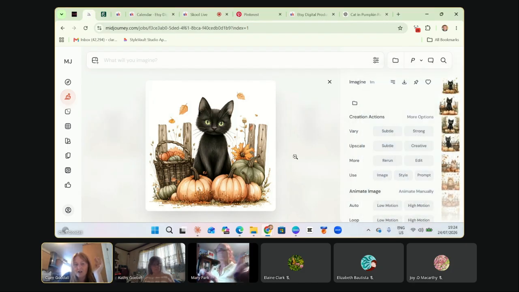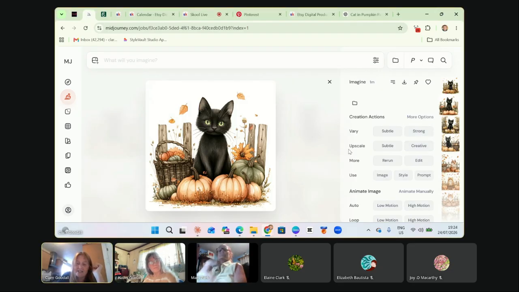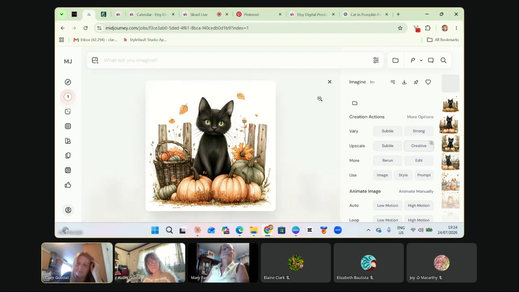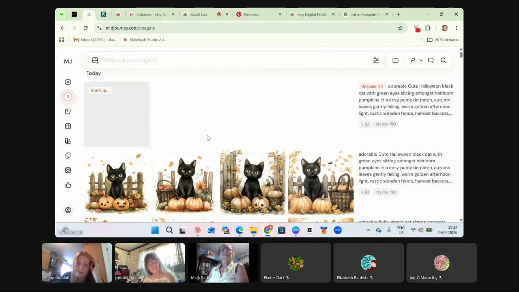Okay, so now that I've got that one, I can ask it in Midjourney to do a subtle change. It'll literally give me 4 pictures, exactly the same cat, but maybe sat differently or lying down, for example. But I definitely need to upscale in Midjourney. So I always upscale, which usually takes a minute. So while it's doing that,